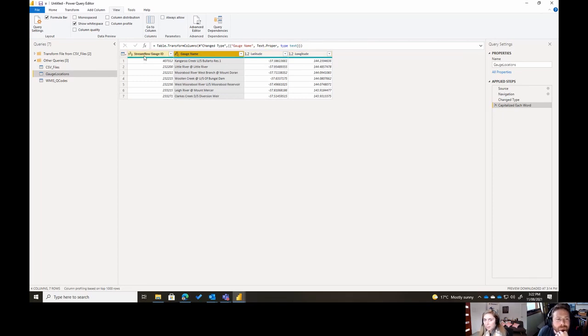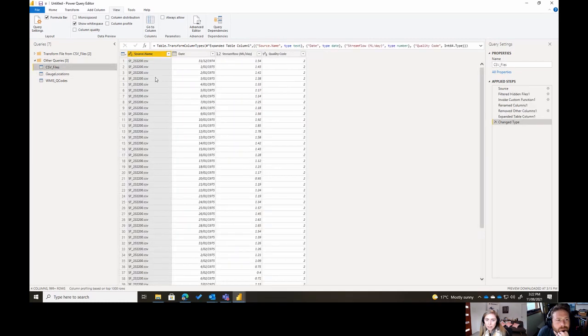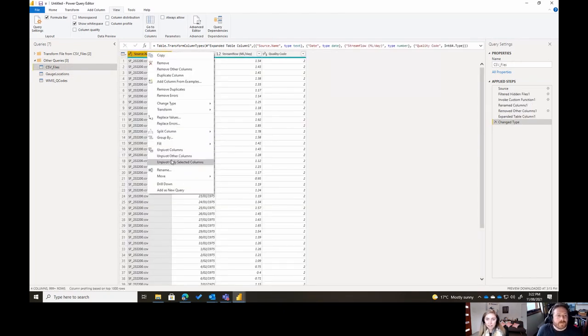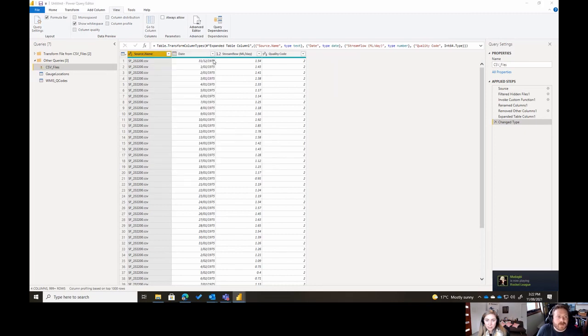The other thing we have to be careful about here is we want to create our data model joining up the streamflow gauge ID to our CSV files. So that could be a text. So we don't have to do any calcs on that. But in CSV files, you can see what it's done here is it's brought in our file name, which you have to make the match contain this gauge ID. So we need to split that out, I think. Cool. All right. Let me do some splitting. I'm going to get rid of